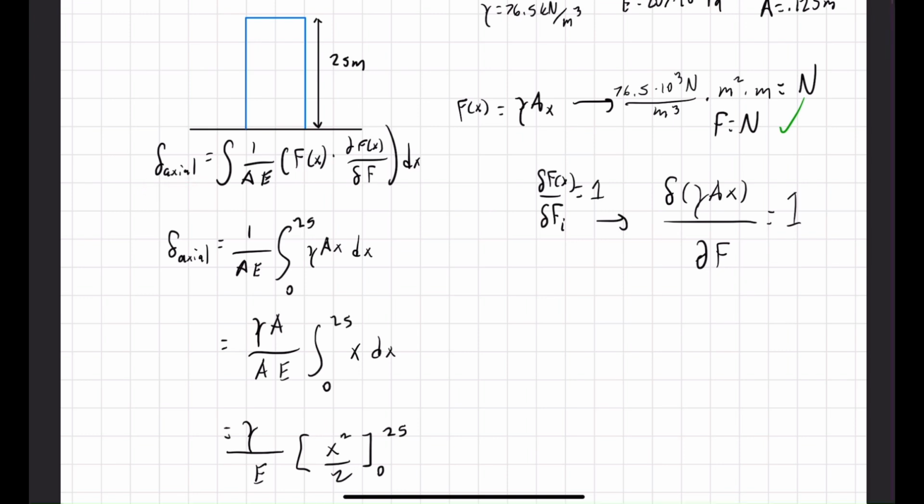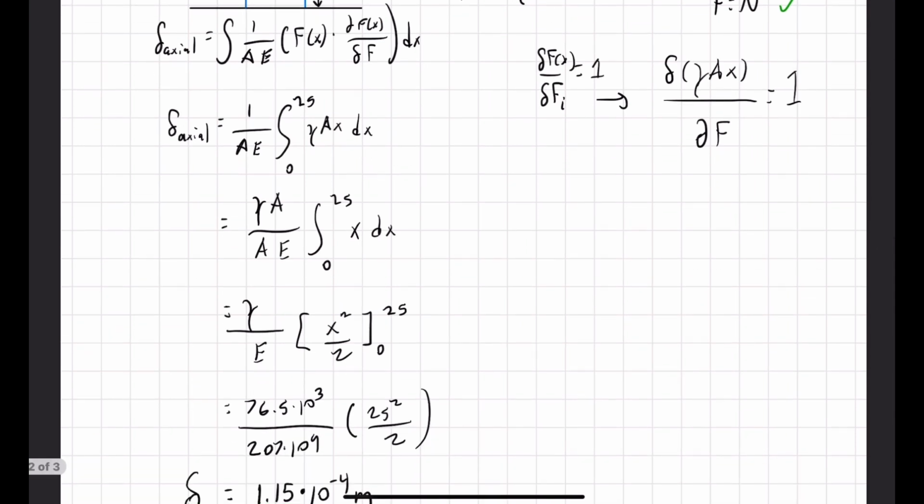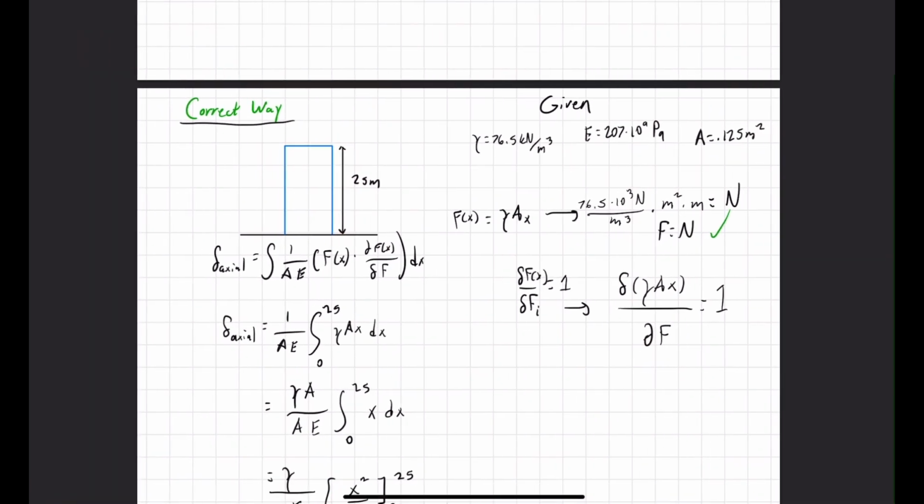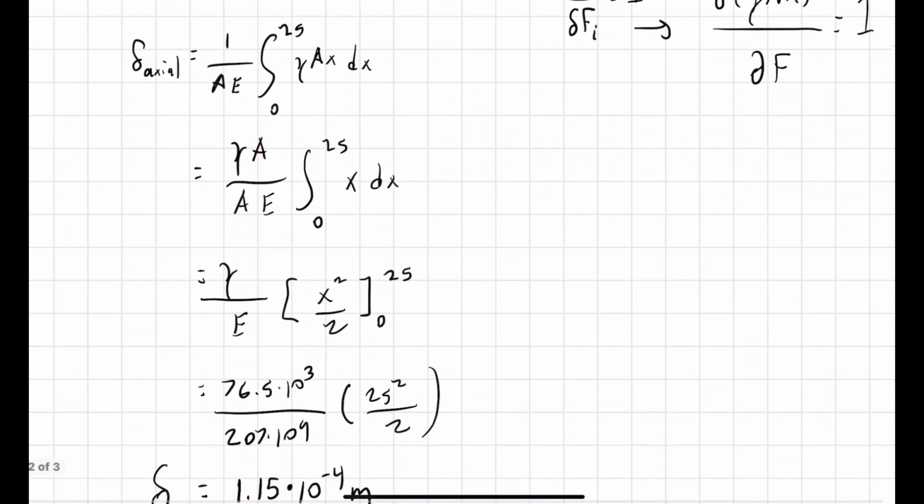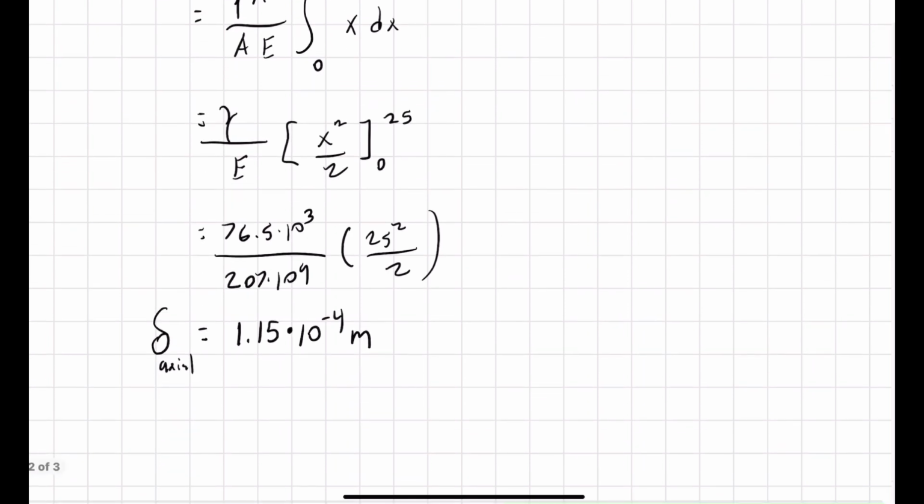So here, I firstly take out 1 over AE from the integral, since that is a constant. And then secondly, I take out gamma and A from the integral, since those are constants. And I set my bounds as 0 to 25, because that is the full length of the column. Next, these A's actually cancel. So that gives us the axial deflection being equal to gamma over E times the integral of x, which is x squared over 2, with the bounds from 0 to 25. And then plugging in 25 for x,